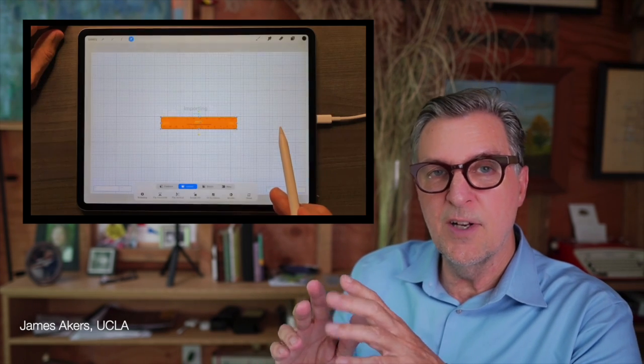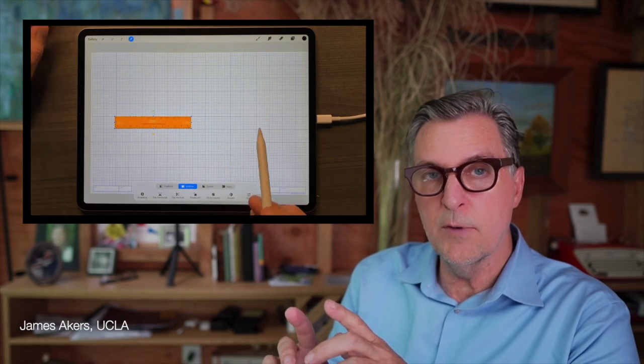Hey folks, it's James, and have you ever thought to yourself, I love everything about Procreate, but I wish I could use it to draw to scale? Well, hold on to your hat, because today I'm going to show you the real-world workflow I use in my